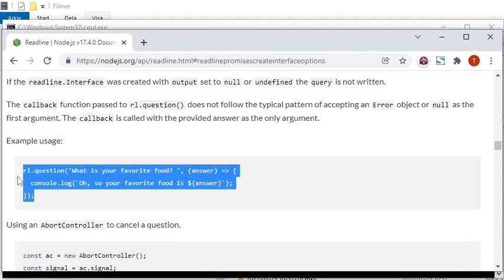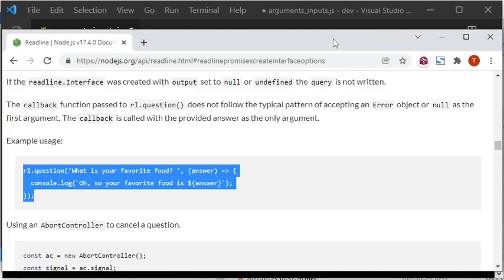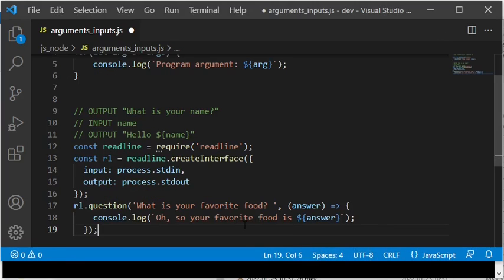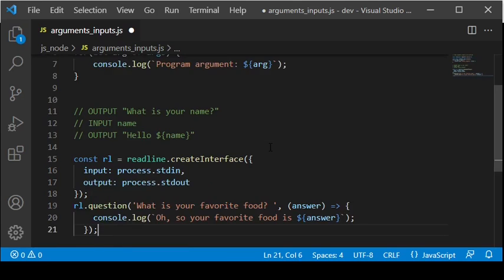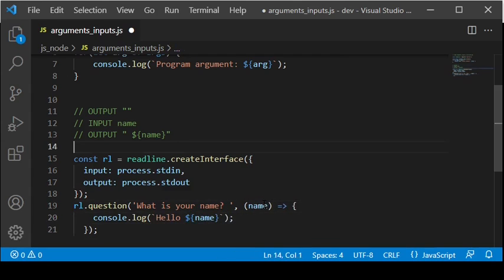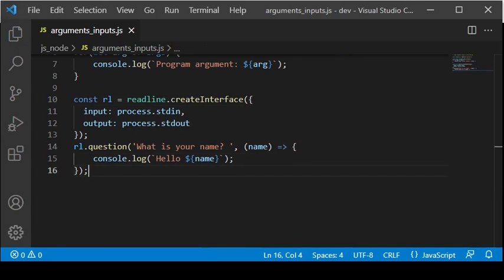I am now also copying a code snippet with the question method to paste it into my program. Then I move the usage of the require function to the top of the file. I also changed the text to be displayed at the input prompt, which will be shown by the question method. Then I also changed the output text to be written to the screen in the callback function.